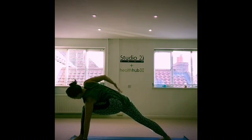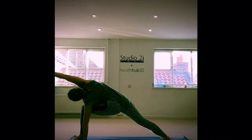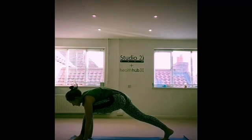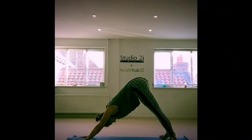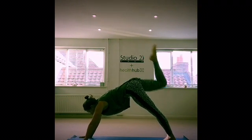Step your left foot forwards, come into extended angle pose. Right arm overhead, stretching out. Focus on your breath, look towards your fingertips. And then coming down, both hands down, step back to downward facing dog. We're coming into pigeon pose, so extend your right leg up and back, take a nice deep breath in, and